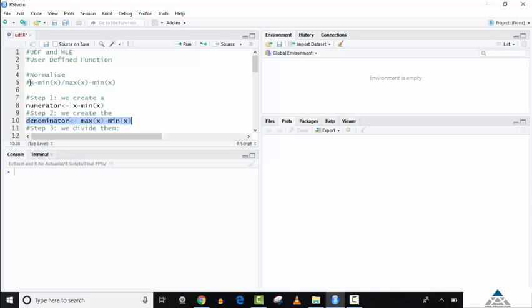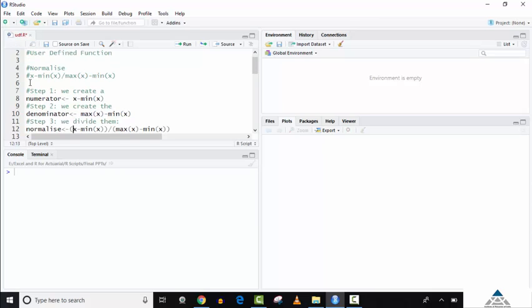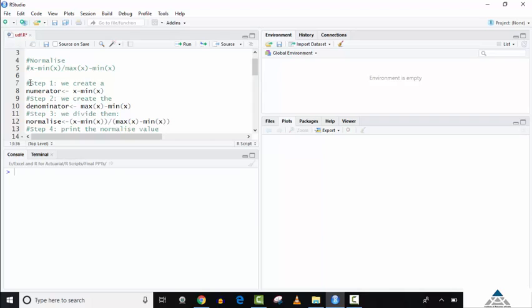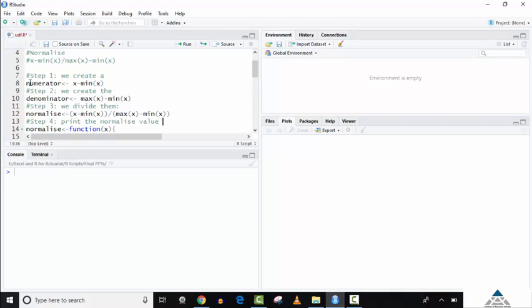So now we have the numerator and the denominator. Hence, to normalize it, we need to simply put numerator divided by the denominator, which is the normalized part. Clear? So step 4 is to print the normalized value, which is this. Clear? So now I am going to put all these steps together in one function, which will be my